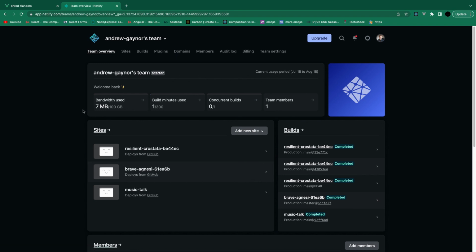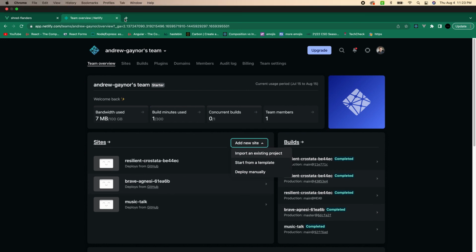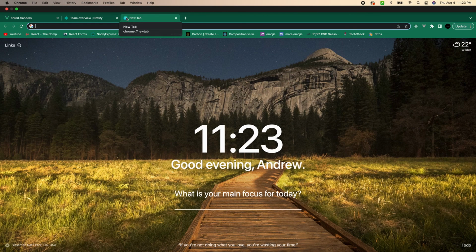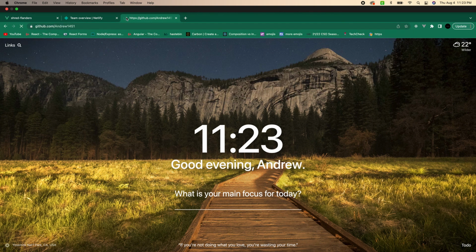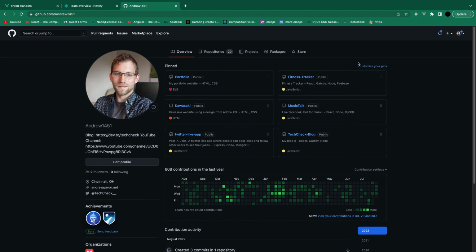And click on add new site here. And actually we're going to have to make sure that this is connected to our GitHub. So we'll go to GitHub first, because then we'll import it through our GitHub. Let's go in here, create a new repository,